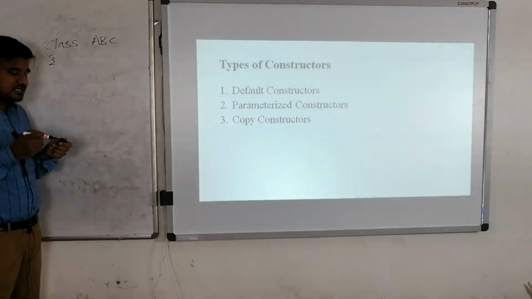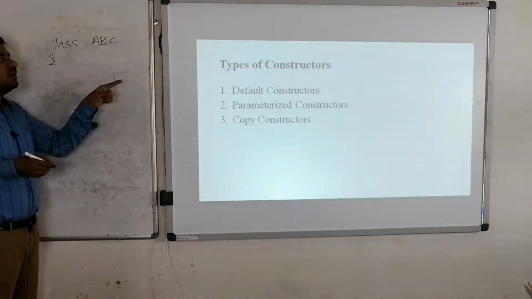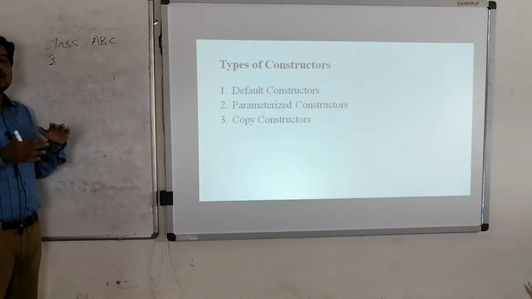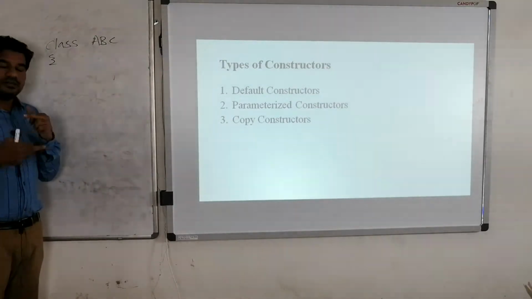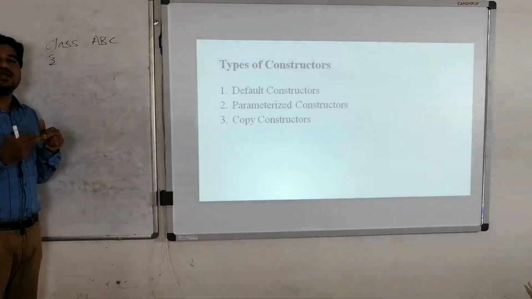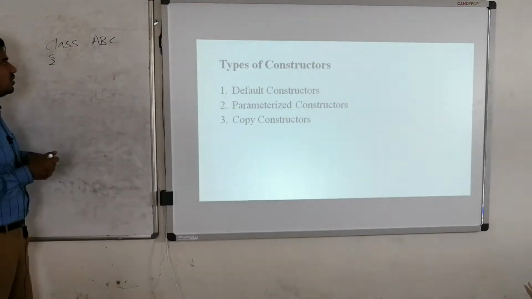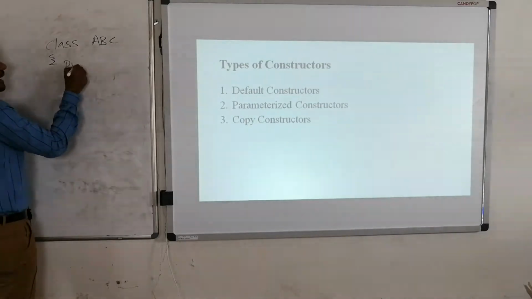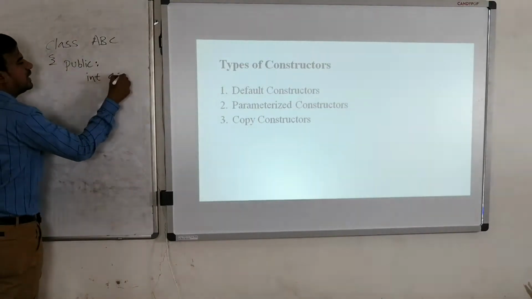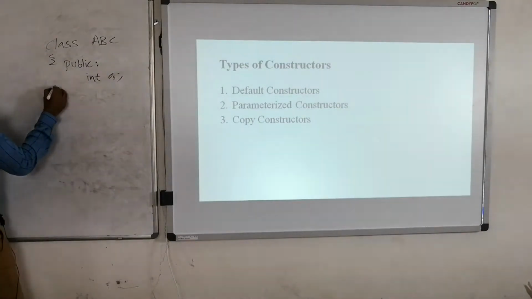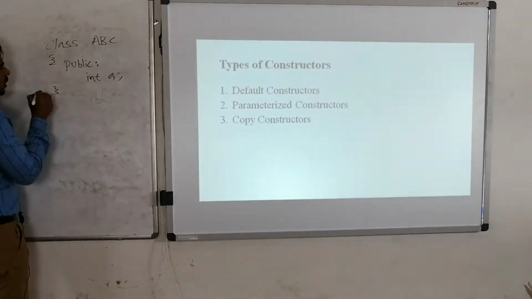Even though I am not specifying the constructor definition, my object will be created. How come my object is created when I am not mentioning the constructor? With the help of the default constructor only. So let us assume I am declaring public int a. No need of any method, simply close it.